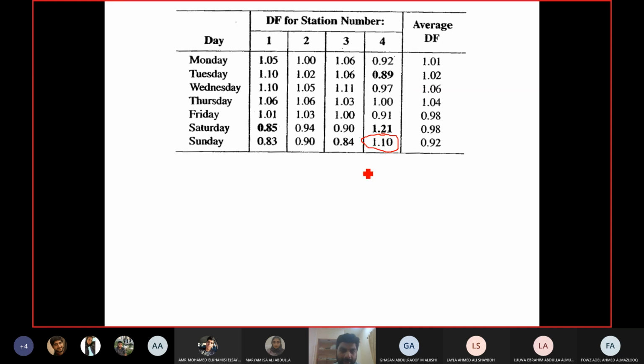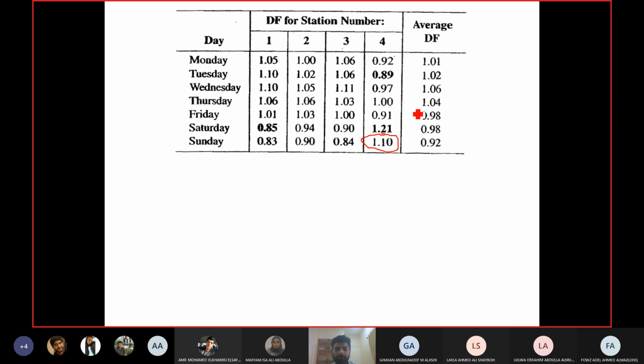Okay, so this is why I calculate all the values for all the days, so that I can see in the end if it is possible to combine any of these stations. If not these 4, then if I can combine any 2 or 3 stations together, it may still serve my purpose. Okay, so the 4 stations cannot be combined together. Now, which 3 stations?